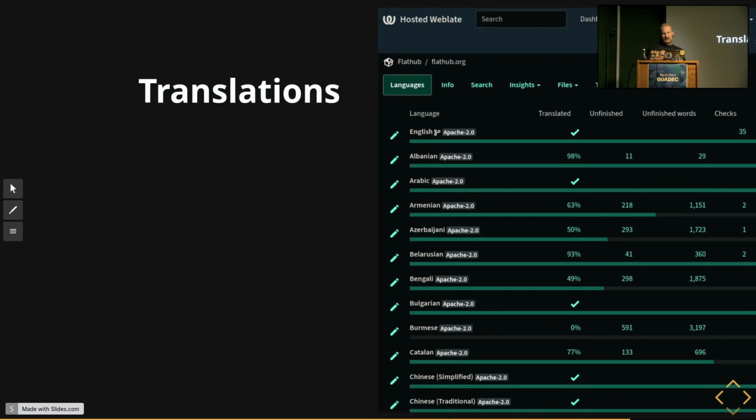The next thing we're doing is translations. Right now we're at about 55 languages, which is quite a lot. Some of those are also quite esoteric, but that's also fun. Some of those are empty, like you can see with Burmese here. So if you're speaking Burmese, get into it.